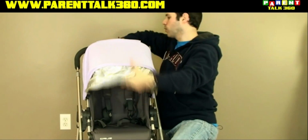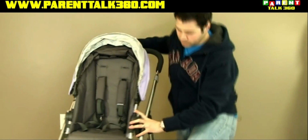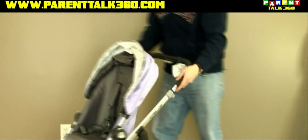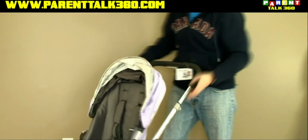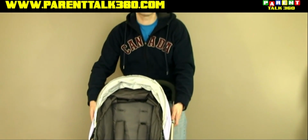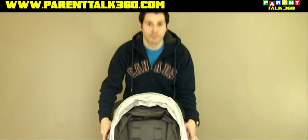It's a beautiful stroller. And one of the things that I love most about this is the simple way that you can just push this thing up. Now it's adjustable, your handlebar. And basically you want to fold? Well, I'm going to show you a simple fold. You push up, push down,